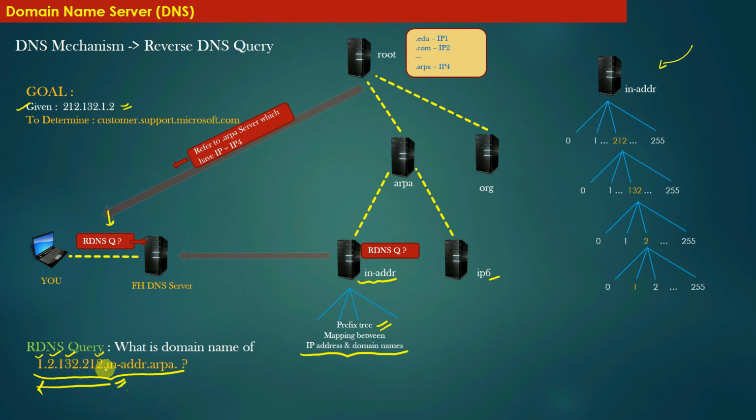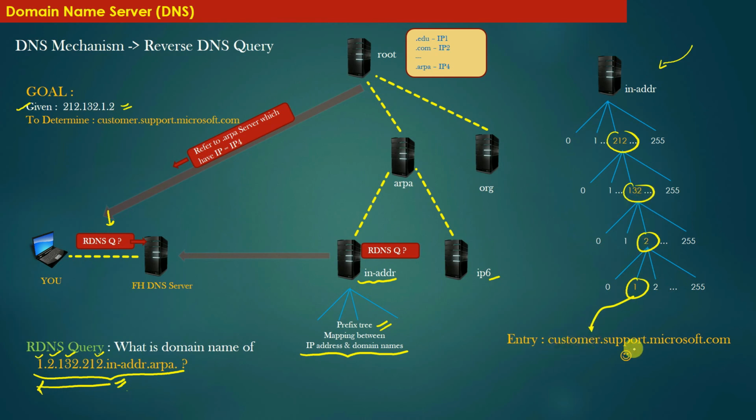In this opposite sequence, the in-addr DNS server is going to look up this prefix tree. So the first octet is 212, the next is 132, the next is 2, and the next is 1, right? So at the root of this prefix tree, there is a mapping between an IP address